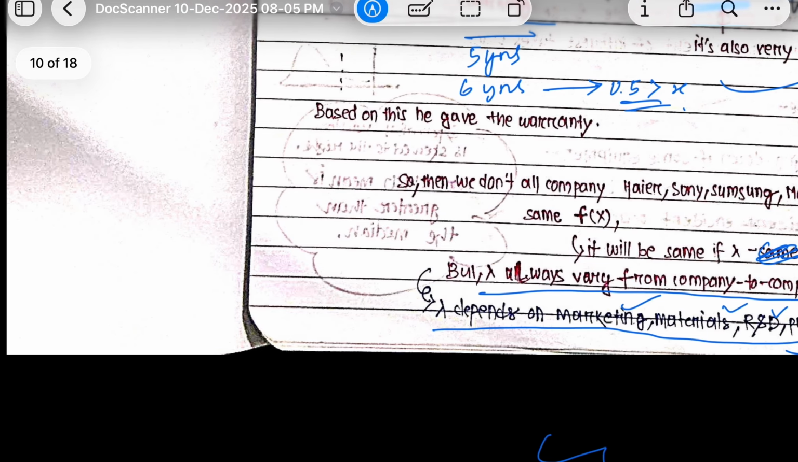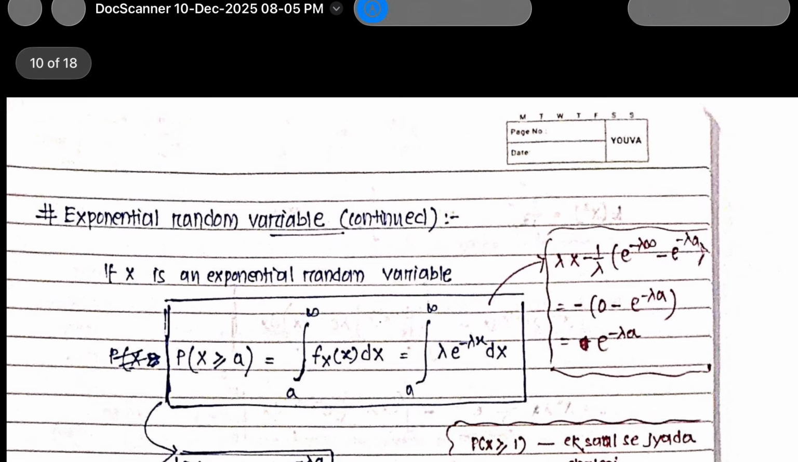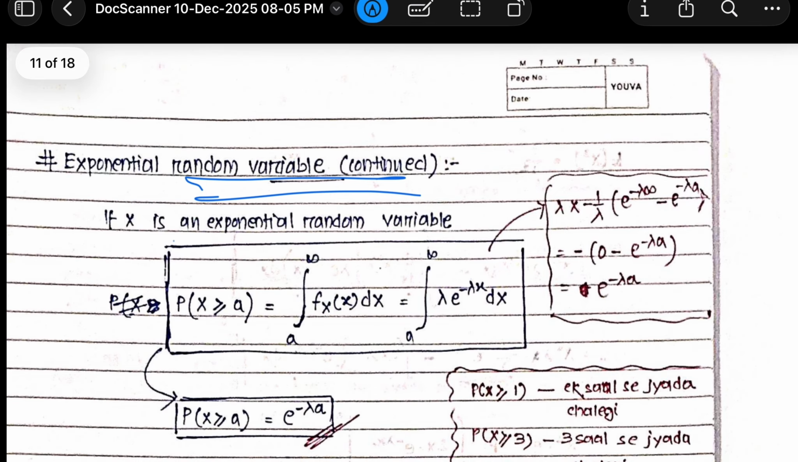Accordingly, they will calculate the function of x, they will integrate the value of lambda e to the power minus lambda x dx. Accordingly, this is the real life use case of the exponential random variable. When the exponential random variable is continuous, and if x is an exponential random variable, we want to calculate that